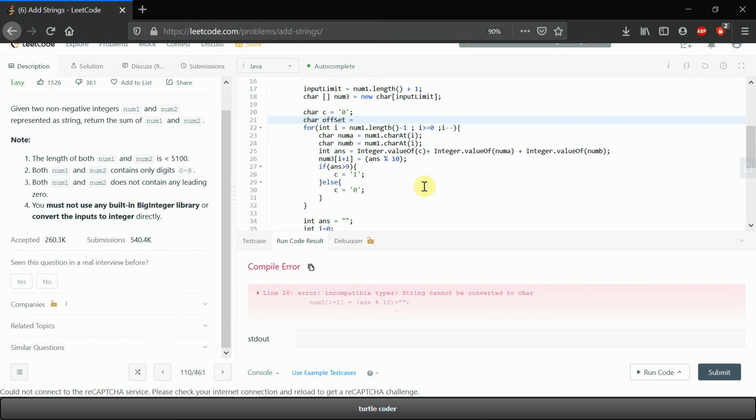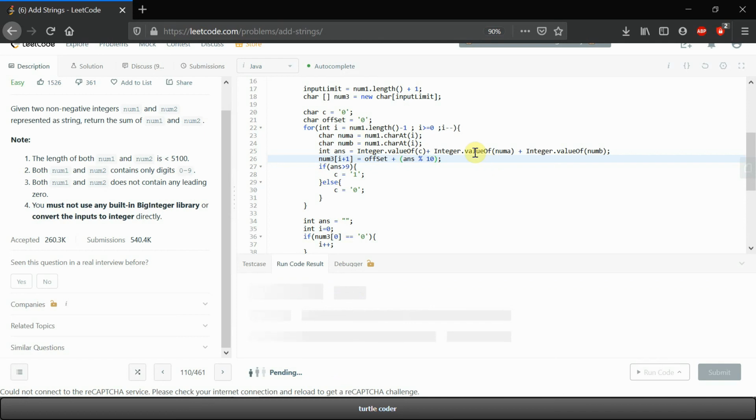Okay, just as an offset, so it's '0', and whatever value I get, offset plus answer, I think that should be good. That has to be good, because now I get the correct integer value of this '0', whatever the integer value is, I don't know yet, but